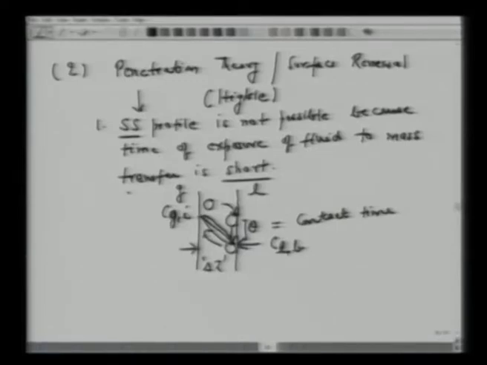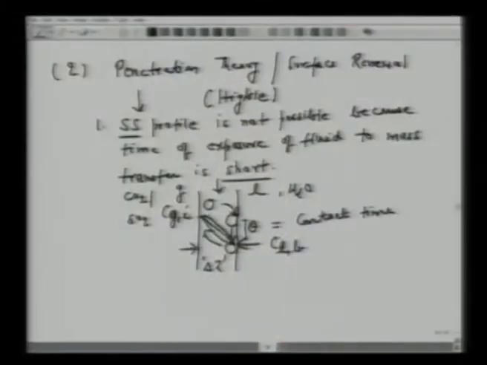Suppose we have carbon dioxide or sulfur dioxide, and we have this water here. There is a flow. We have high Reynolds number, so that there is turbulence, and we have these eddies. These eddies continuously move within the fluid. As per this penetration theory, the eddies come here, they spend some time, and they go back to the bulk concentration, to this CGi concentration, whatever we have in this gas phase.